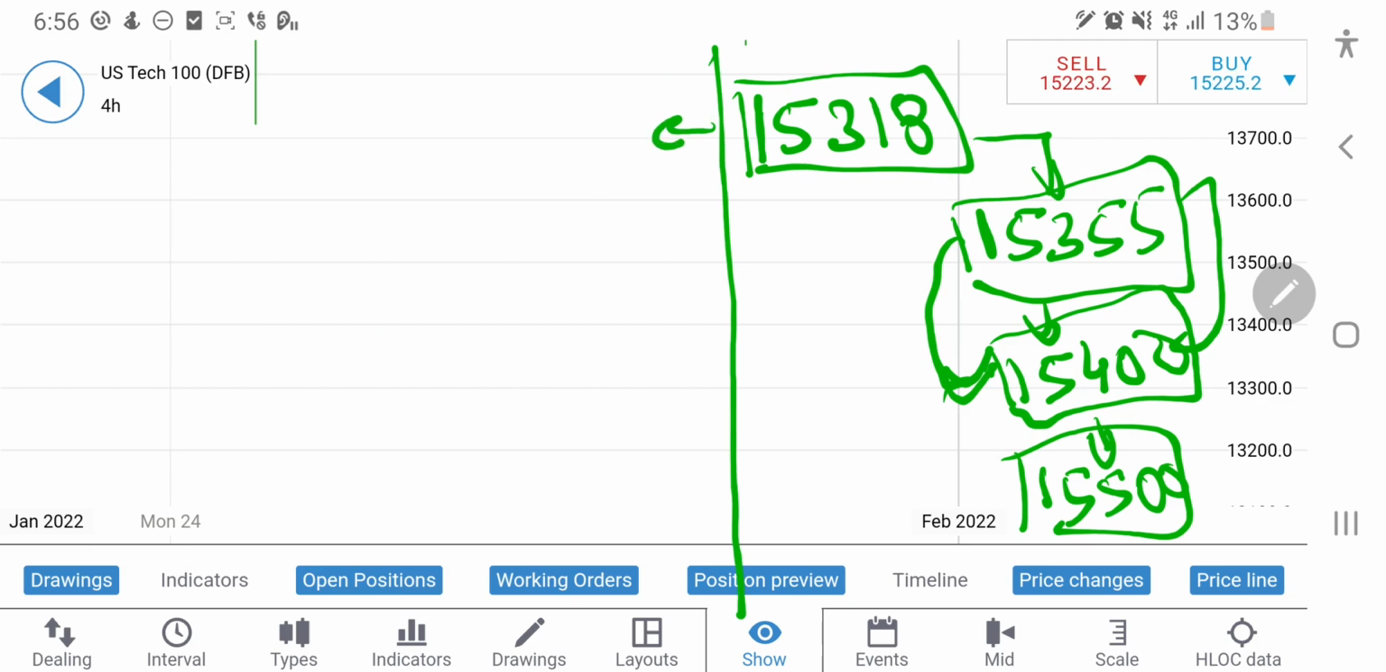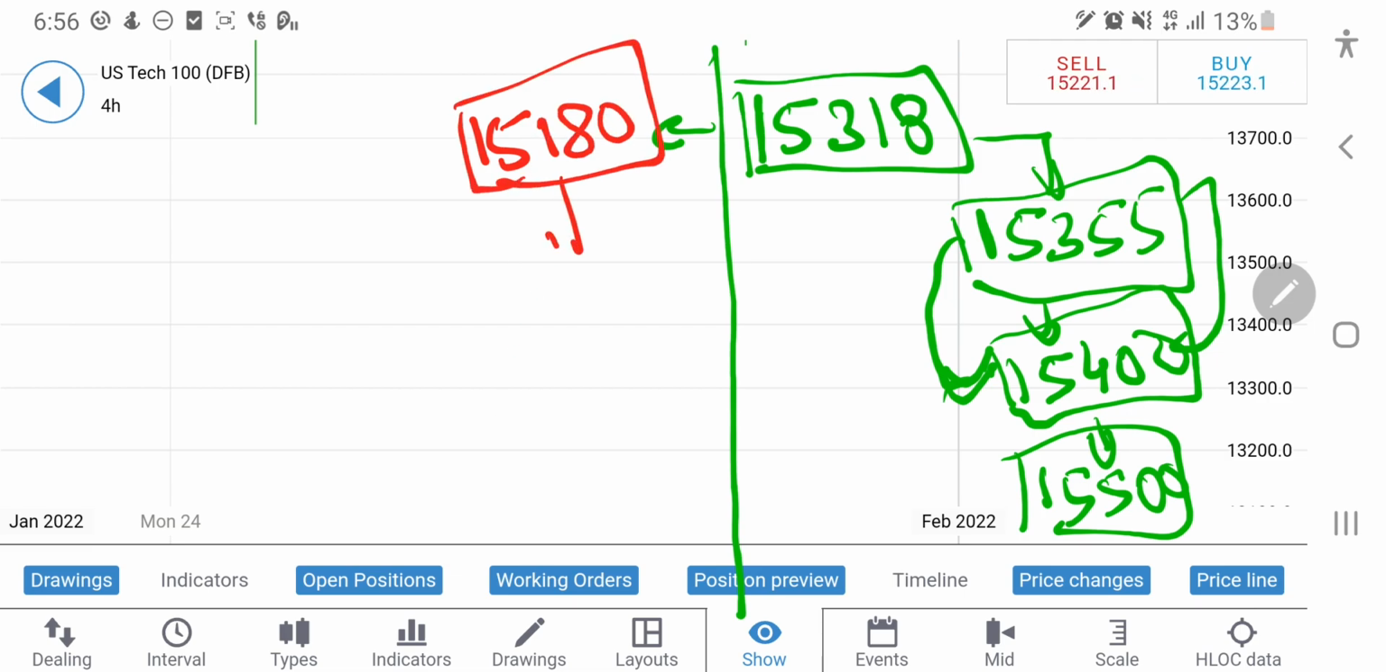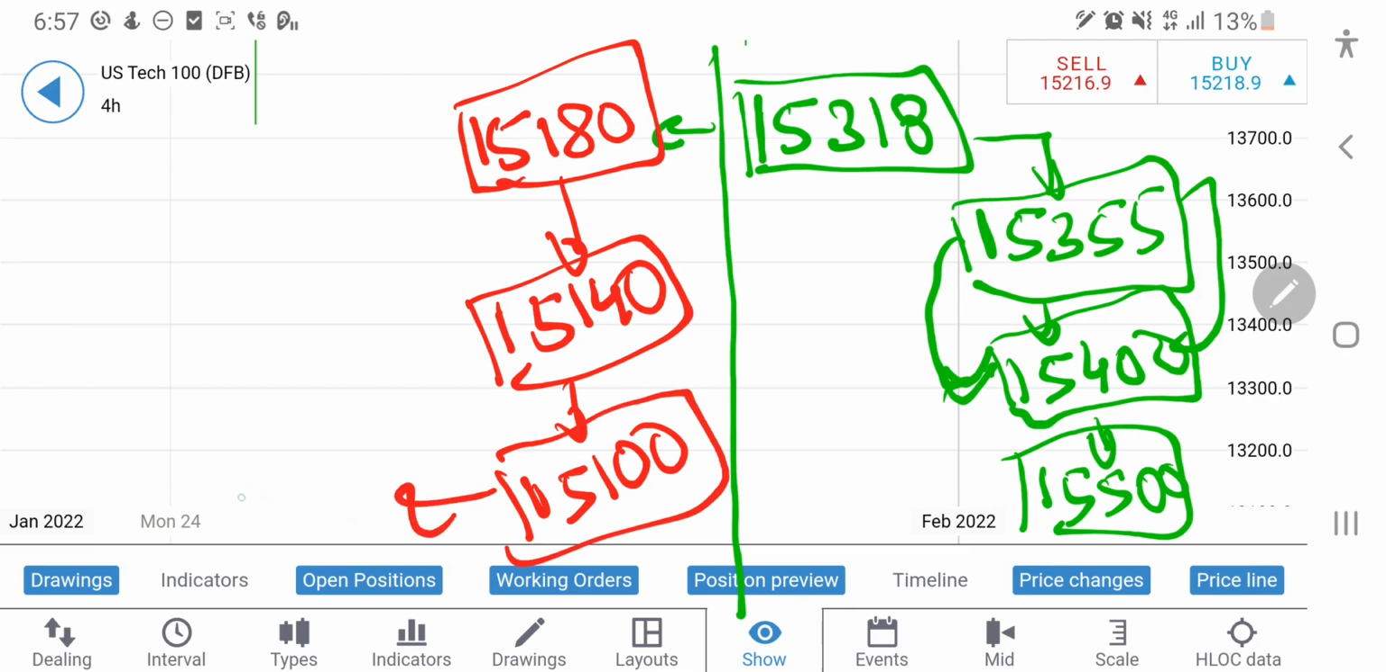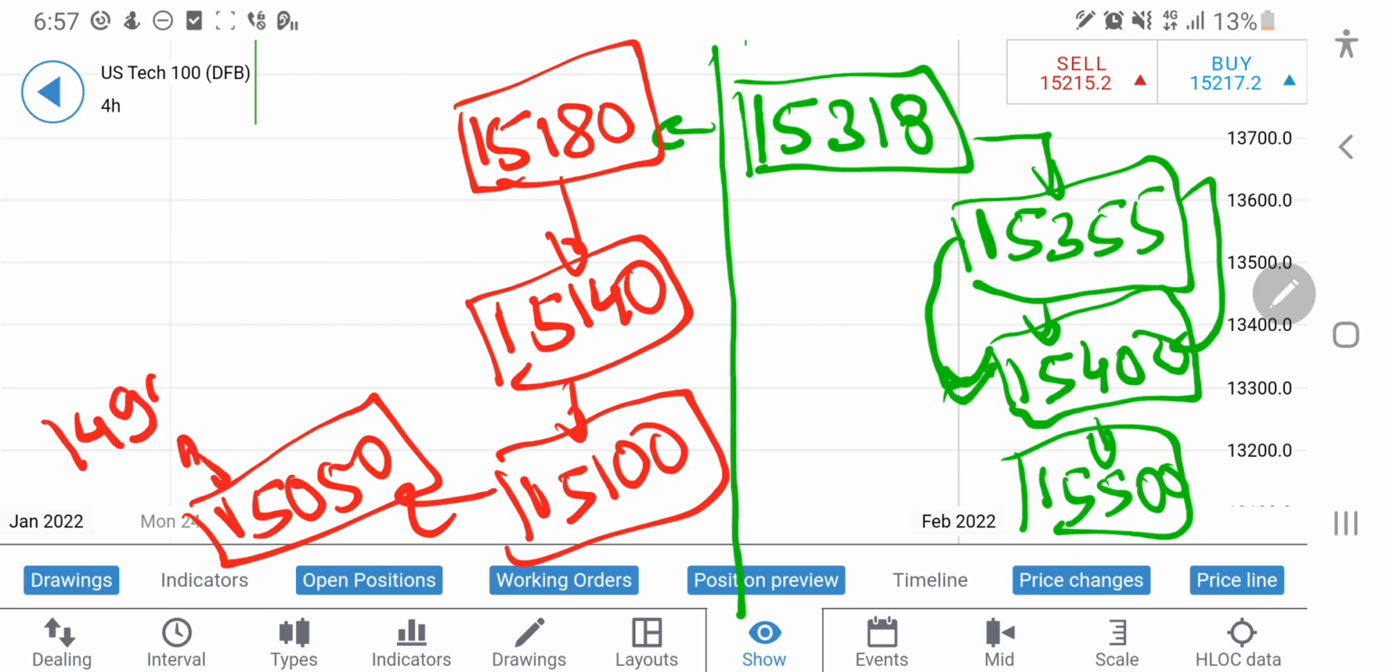On the downside, you can take a shot at 15200. Once it drops below 15200, rather I will correct it, I will make another 20 points cushion for you. Once it drops below 15180, you can take a short position. You can expect 15140, then below that 15100. Now these two are good support for Nasdaq, and if you see it trading below 15100, next support at 15050, then 14950